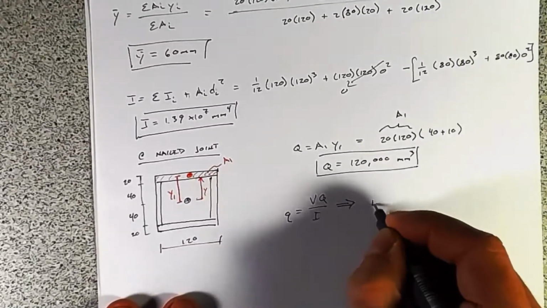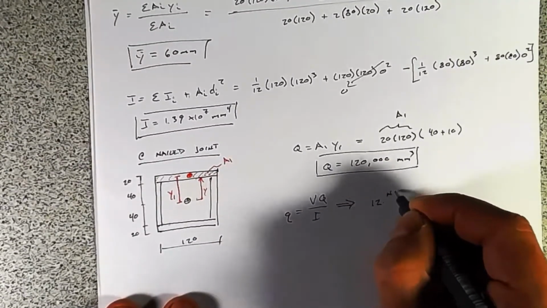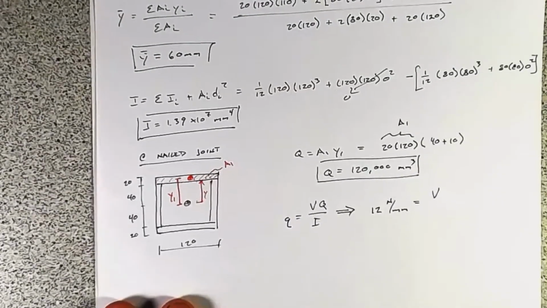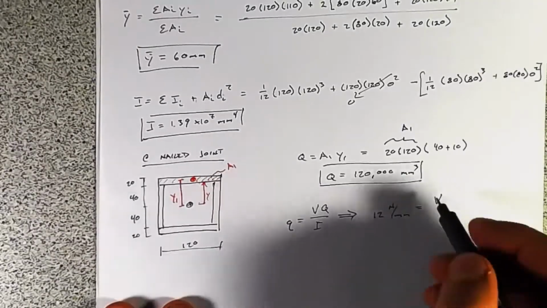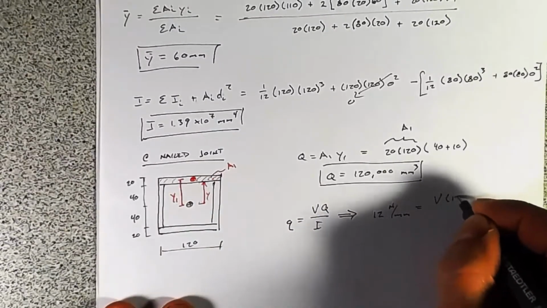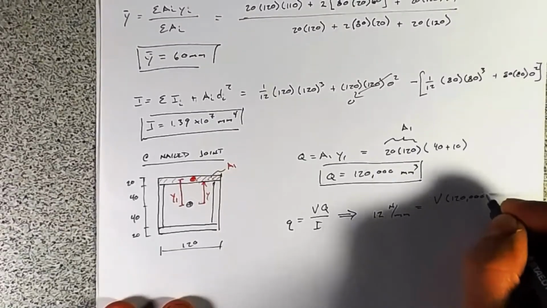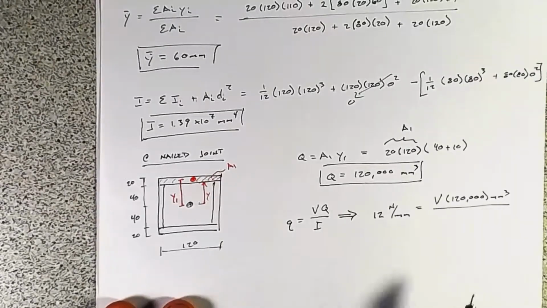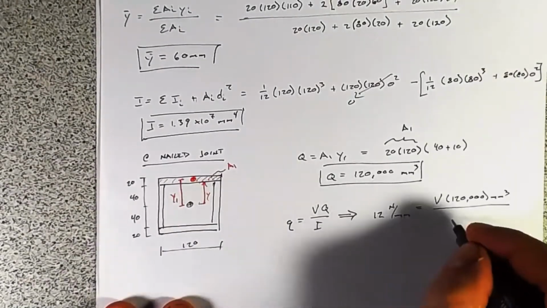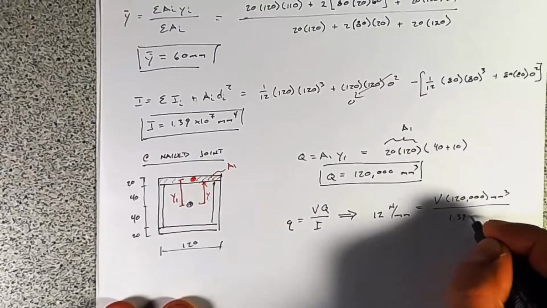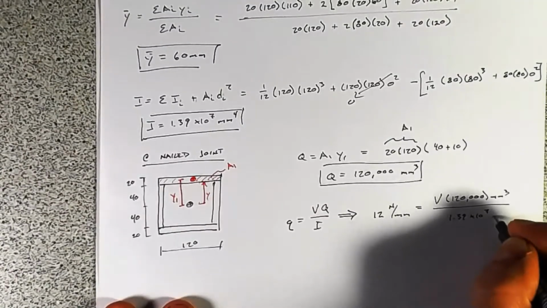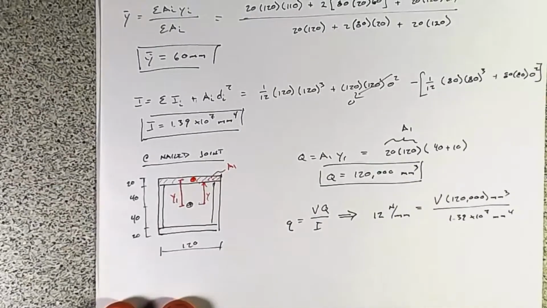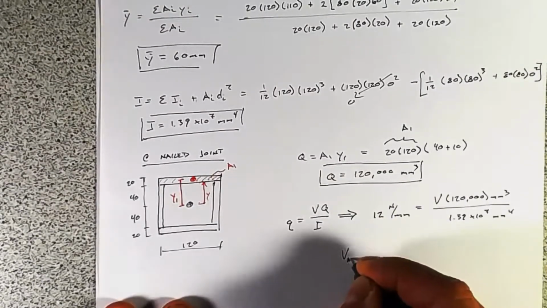So q is 12 newtons per millimeter, and we are looking for V. We saw that Q equals 120,000 millimeters to the third, and that is all divided by I, which is 1.39 times 10 to the 7th millimeters to the 4th. If we do the algebra here, we find that